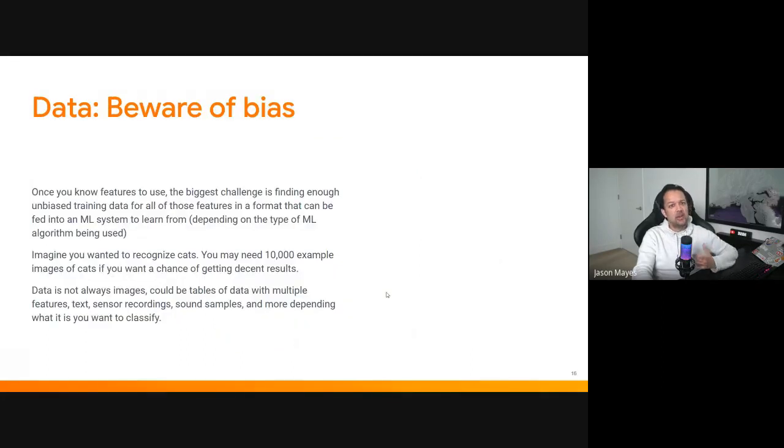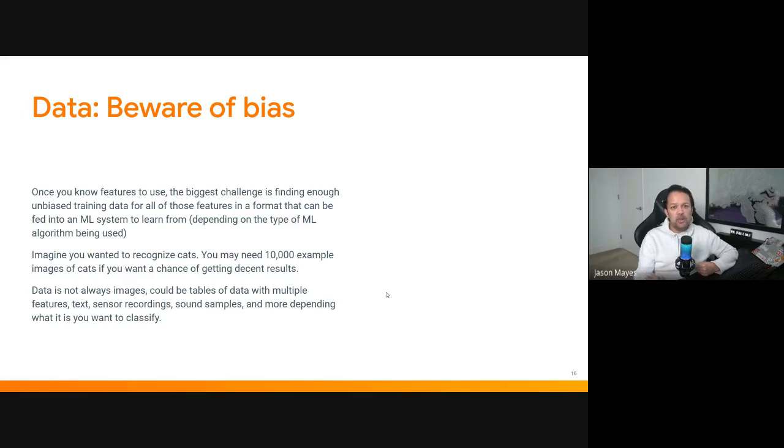And the reason I bring this up is that one of your biggest challenges as a machine learning engineer is finding enough unbiased training data for all of the features in the object you're trying to recognize. So if you're trying to recognize cats, you might need 10,000 images of cats taken at different stages of their life cycles, kittens versus adults, different breeds, different fur types, different fur colors and patterns, all taken in different lighting conditions, indoors, outdoors, different rotations and angles. And all of these things are required for the machine learning to then understand the essence of what cat pixels truly consist of.